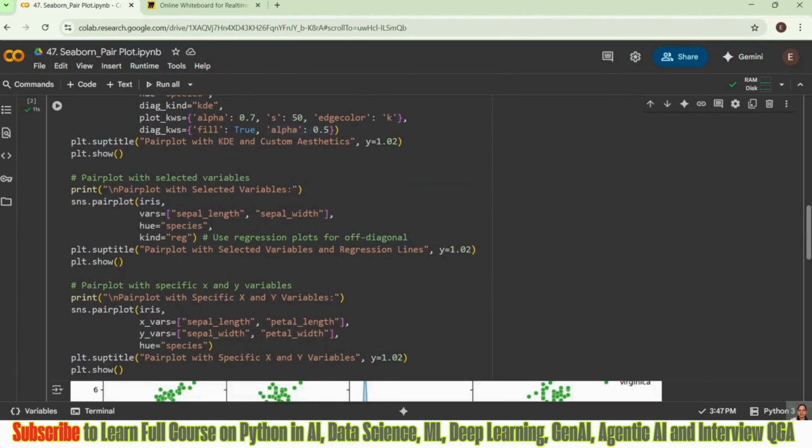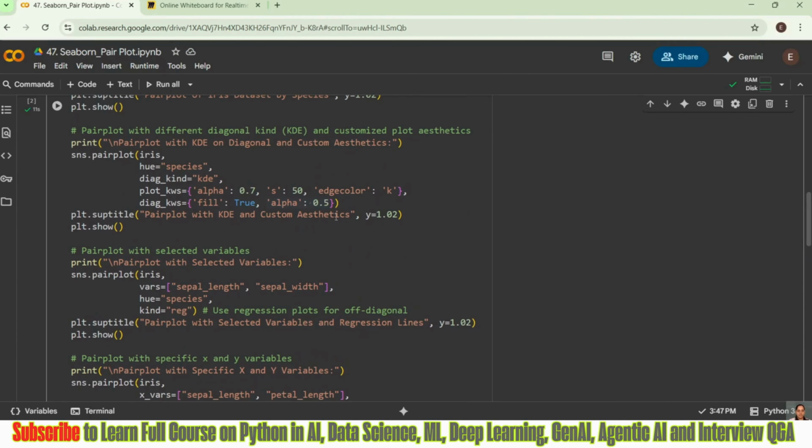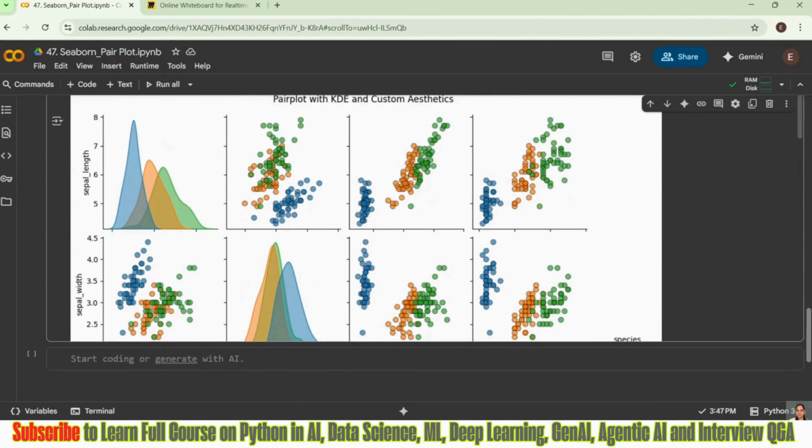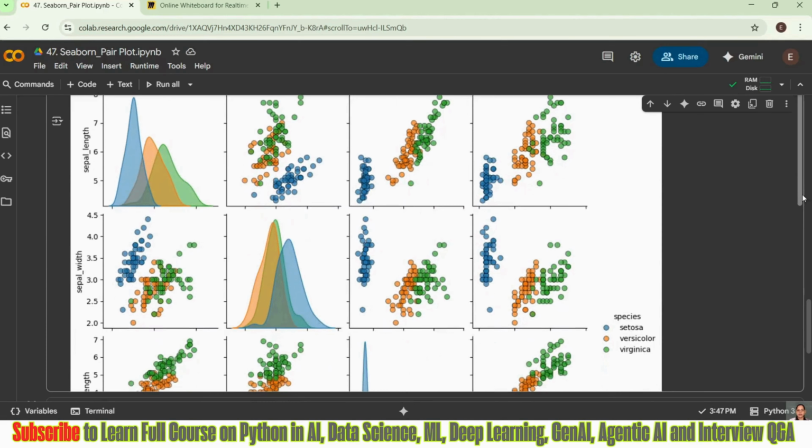Okay, and if I come down, we are defining our subtitle. Again, this is your y position, your y direction position. And if we come down, we will see this is how we are getting our plotting.